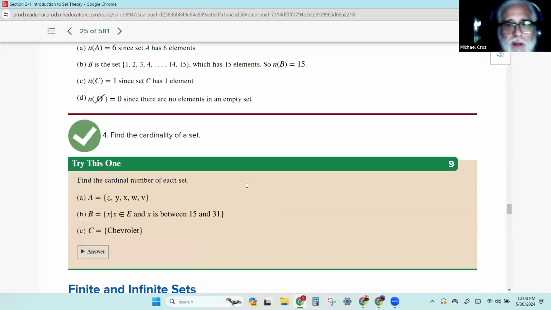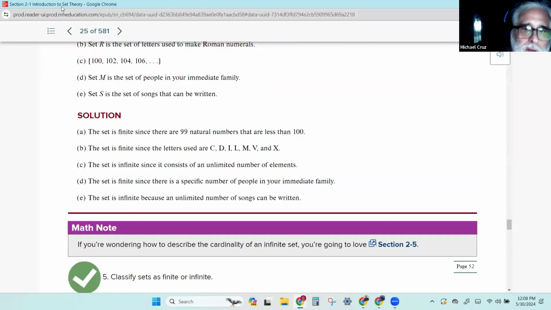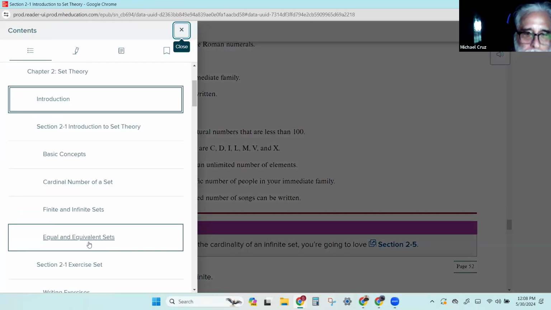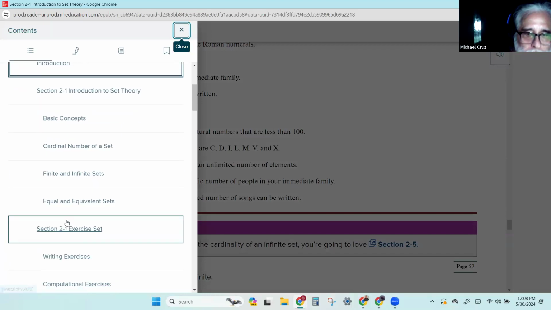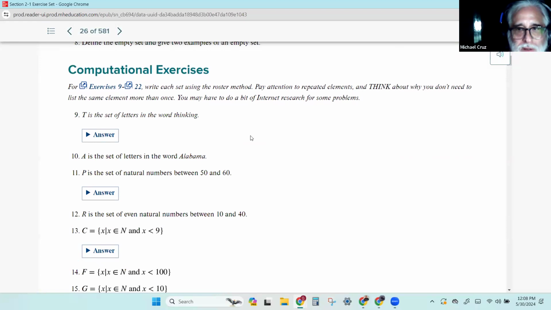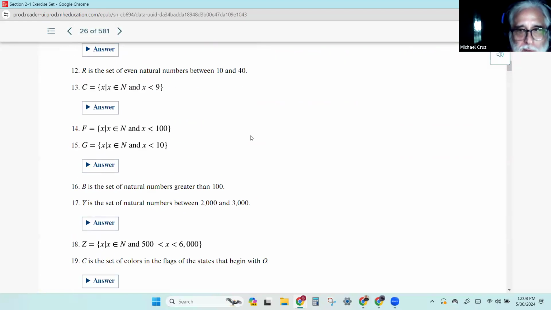I was trying to see if they had a problem in here. I guess I'll just go to the end. Let's see if there's something in there. Because those are kind of rare problems. I mean, I came up with one of them, but you just kind of have to use something. It'll become more evident in chapter 2. I mean, in section 2,